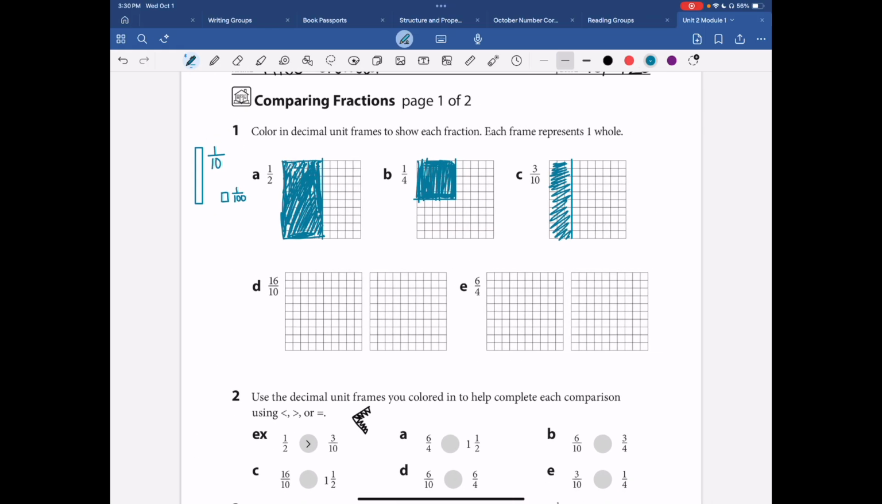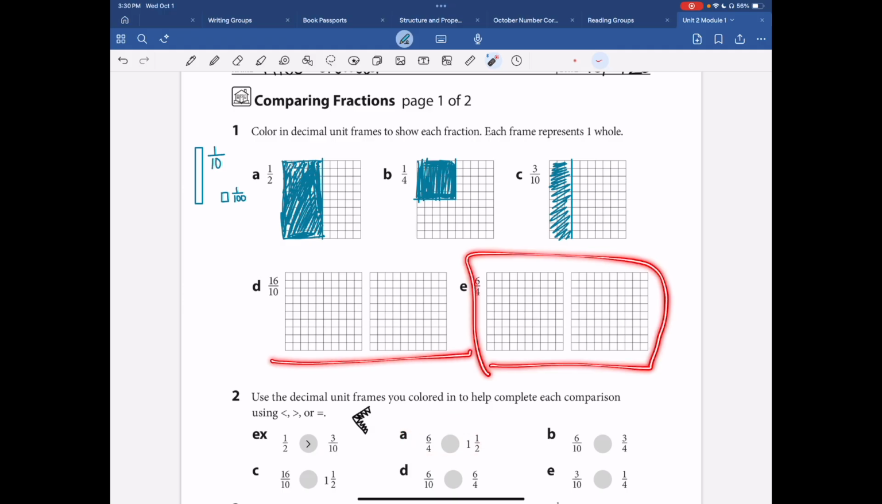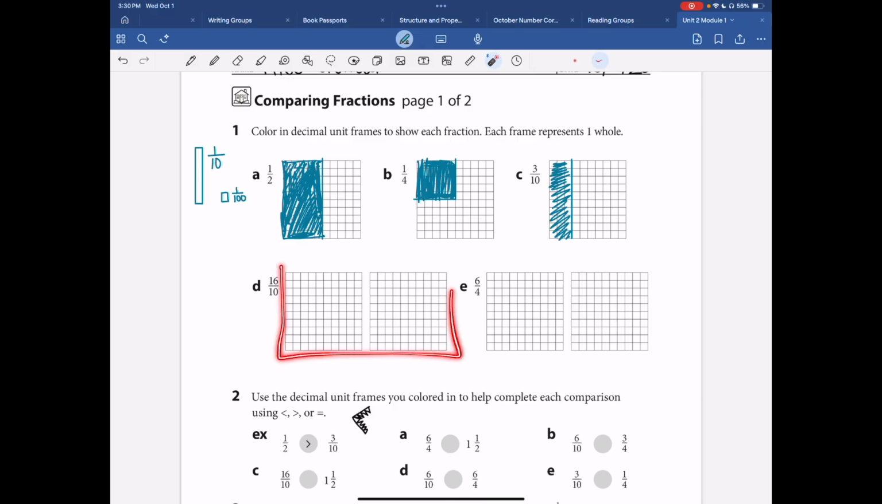Okay, so if we compare these 1/2 and 3/10, we see that 1/2 is greater. So they made sure that their greater than, less than sign was pointing towards the 1/2. So now on A, you're going to look at your 6/4 versus the 1/2. So here was your 6/4,